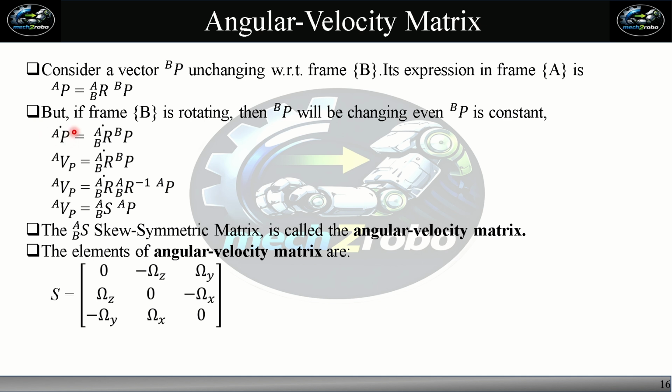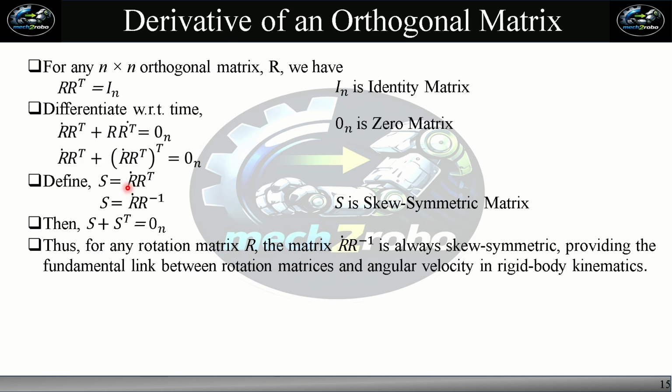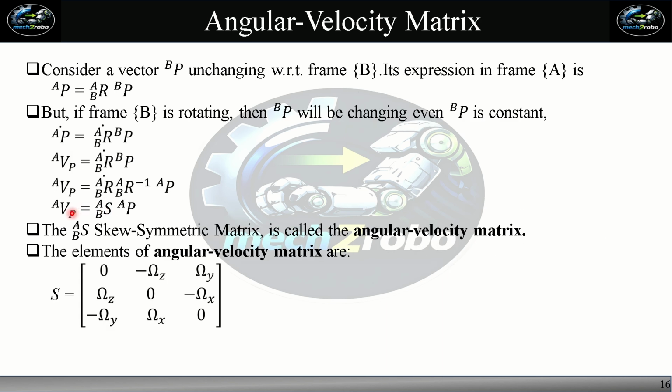So after differentiating this equation, we get AP dot is equal to R dot AB times BP. This is the velocity of P with respect to frame A, and BP remains the same. Using this equation, when R comes to the left-hand side, it becomes R inverse or R transpose, and we get BP is equal to R inverse AP. We already discussed in this slide that R dot R inverse is equal to S, that is a skew symmetric matrix, and thus we get AP dot is equal to S of B with respect to A times AP,